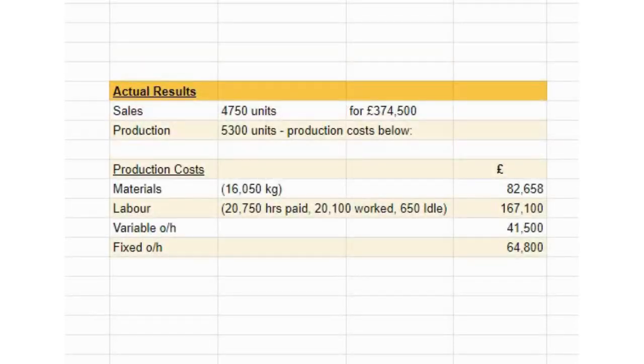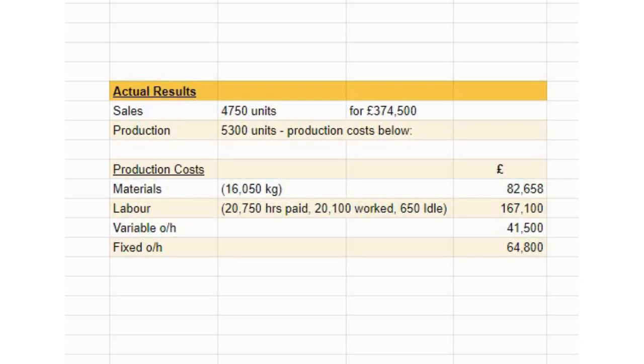And at the end of the period, here we can see the actual results. So the sales were 4,750 units, which sold for a total of £374,500. They produced 5,300 units, and the production costs were materials. They used 16,050 kilograms of material at a cost of